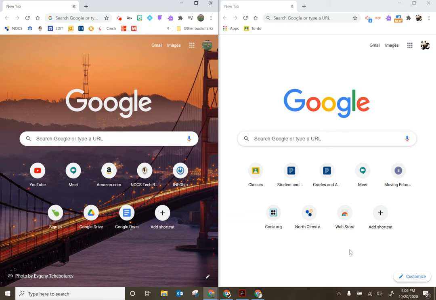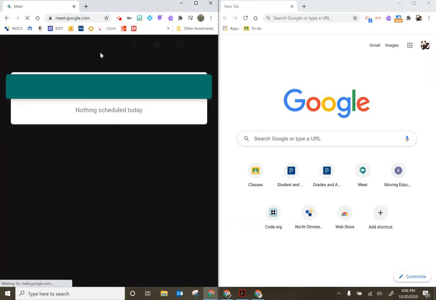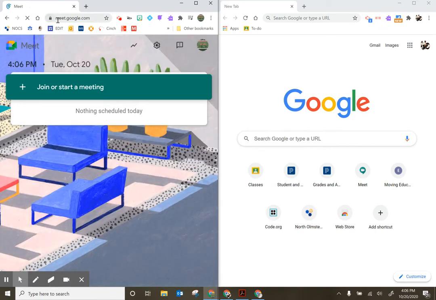If you need to do this, the first thing that you would want to do is come up with a meeting nickname. I find that the meeting nicknames that work the best are last names or something very similar to that. If you have a more common last name, you may want to add another letter to that, especially if you know other people in the district also have that last name. Then you're going to want to go to